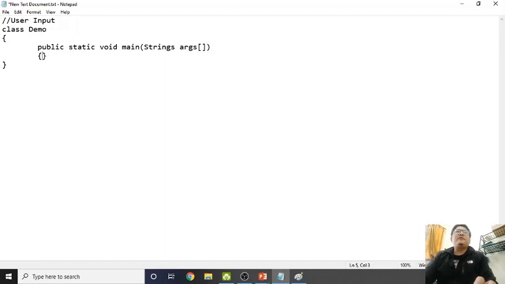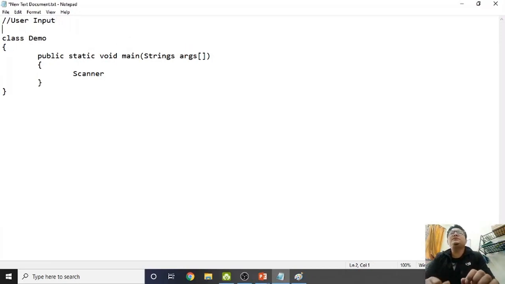So this is my outline of the program wherein I'm going to demonstrate how to take the user input from the user, right? There are various ways with which you can take the input from the user. One of the simplest ways I'm going to discuss. I'm going to take help of the class called scanner class, which is defined in the software package of the Java